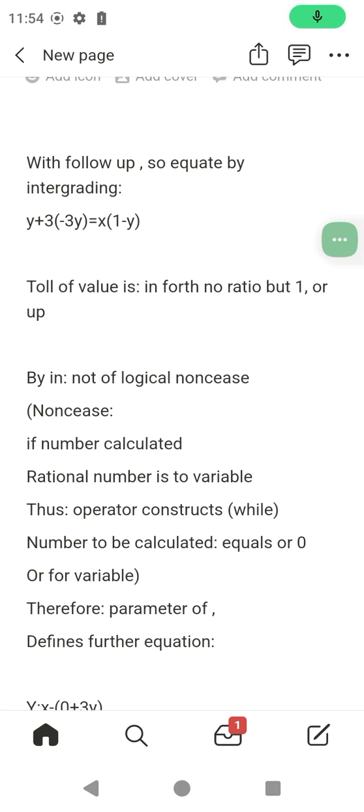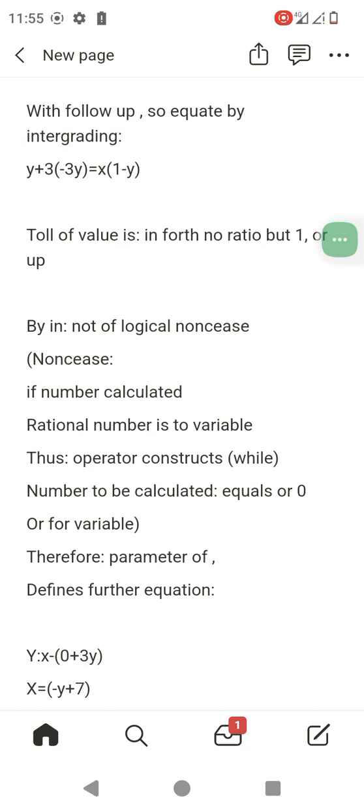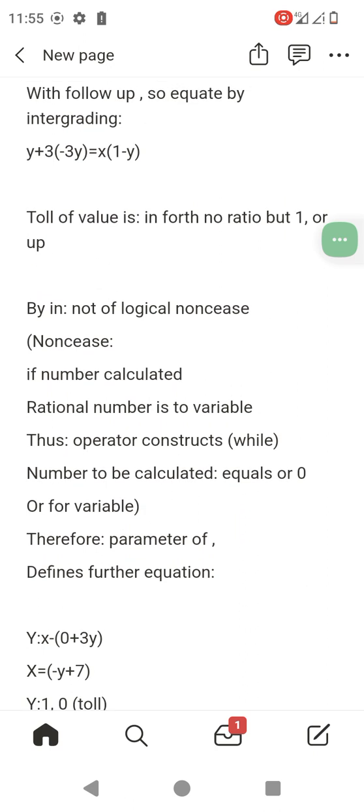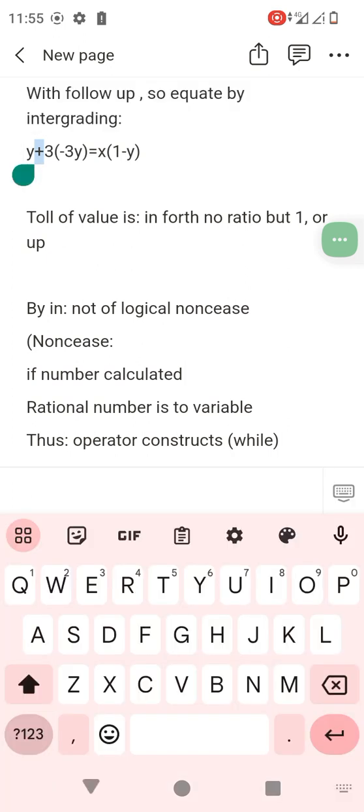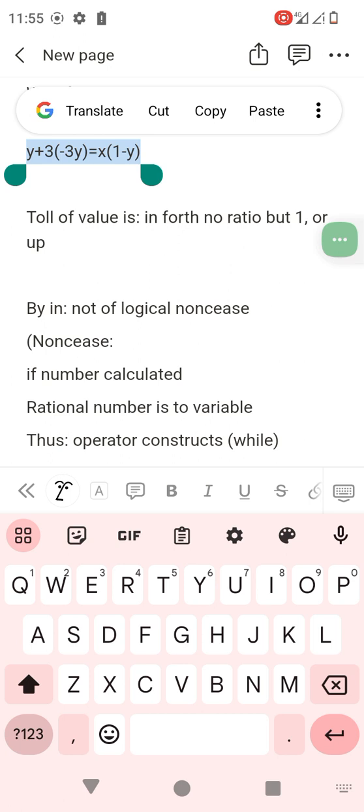So to follow up, we equate by integrating y plus 3 times minus 3y equals x times 1 minus y, meaning this equation here. It's supposed to calculate when any falling away of any